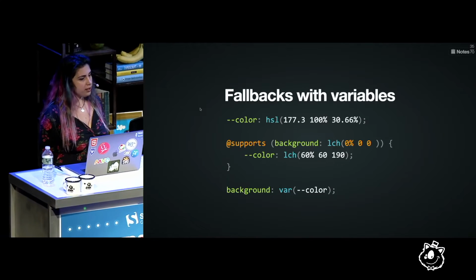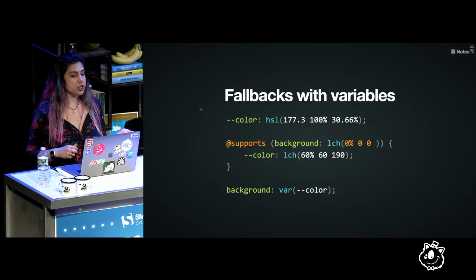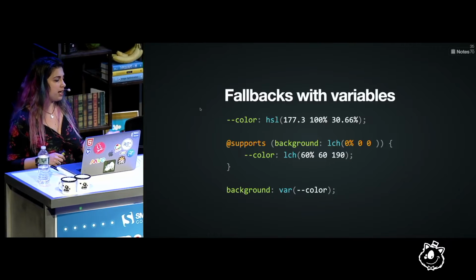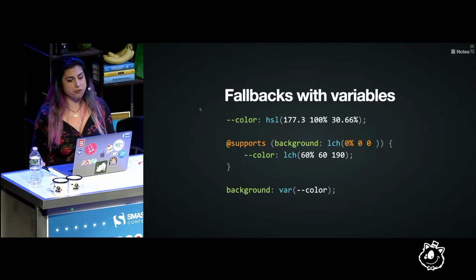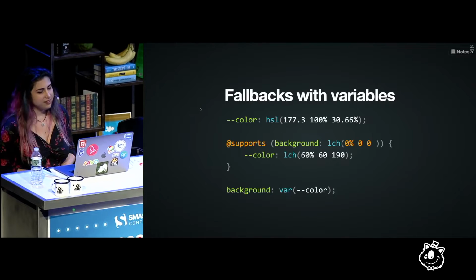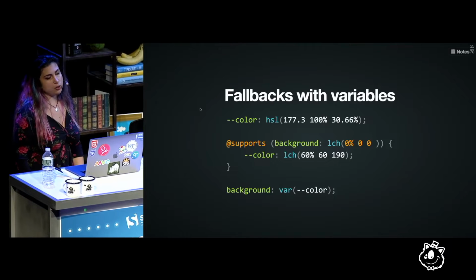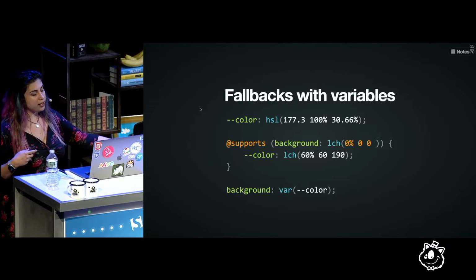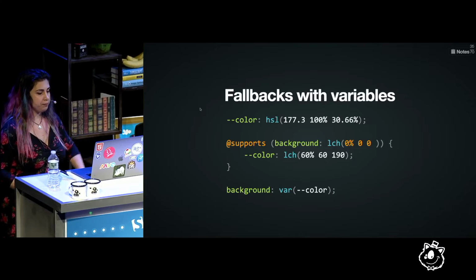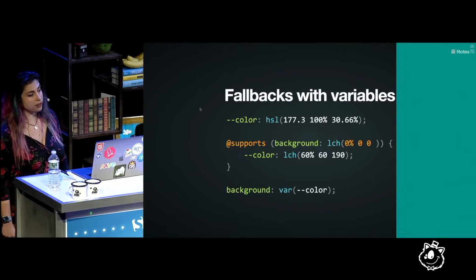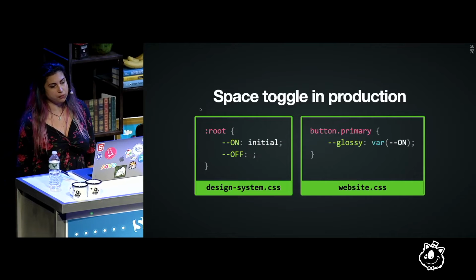So you might be wondering, you just showed us how this doesn't work when we try to do fallbacks in the old way and we're using variables. So what works? This works, @supports works. You can set your variable to the fallback and then override it with @supports. And then you get the faded turquoise in Chrome and the very bright turquoise in Safari.